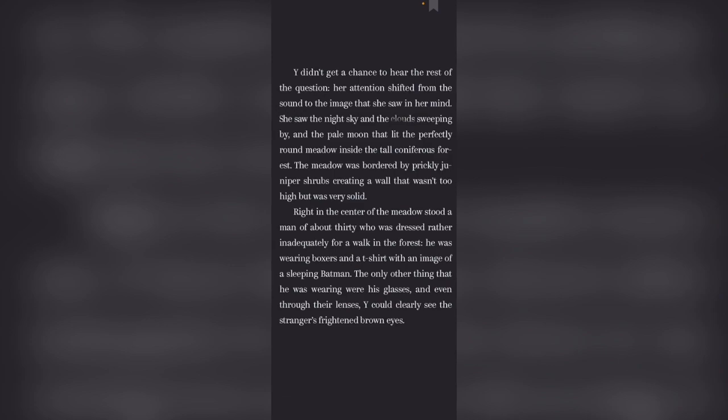Her attention shifted from the sound to the image that she saw in her mind. She saw the night sky and the clouds sweeping by, the pale moon that lit the perfectly round meadow inside the tall coniferous forest. The meadow was bordered by prickly juniper shrubs, creating a wall that was too high, but was very solid. Right in the corner of the meadow stood a man of about 30, who was dressed rather inadequately for a walk in the forest. He was wearing boxers and a t-shirt with an image of a sleeping Batman. The only other thing that he was wearing were his